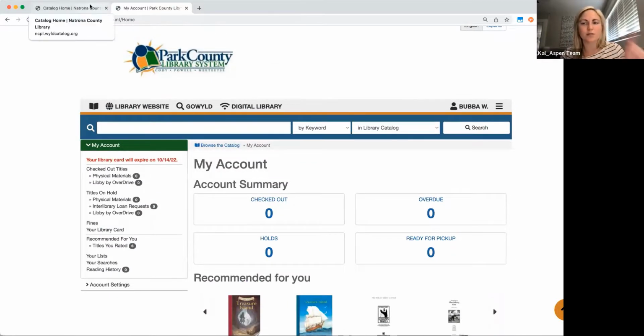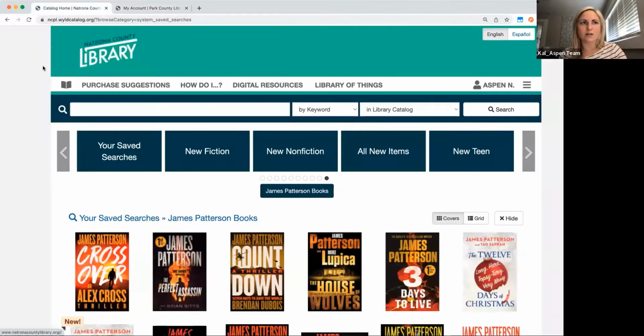You could choose which integration, like Novelist or Syndetics, that you'd want. Well, actually, Syndetics is shared globally, but Novelist you can turn on and off per instance. Hopefully that makes sense. Can the customer's checkout history be a browse category? No. Not that. Just saved searches, lists that they want to create, and recommendations.